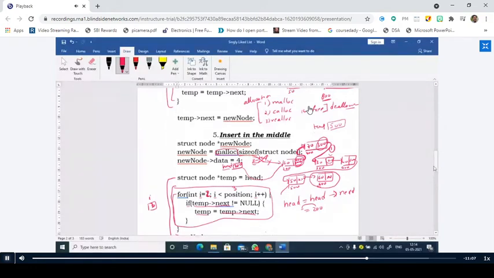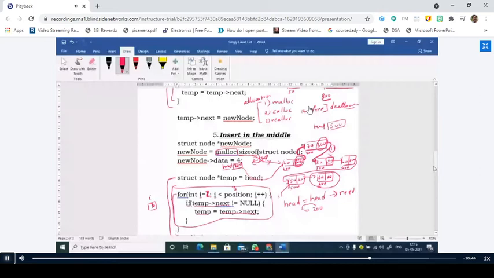At such a condition, what do we have to do? Where is my temporary pointer pointing to? Temp is pointing to 500. This is the node it is pointing to. Now what you have to do? I have to delete this node.